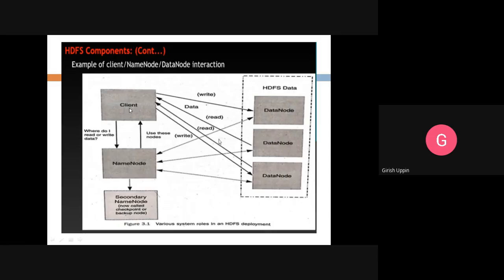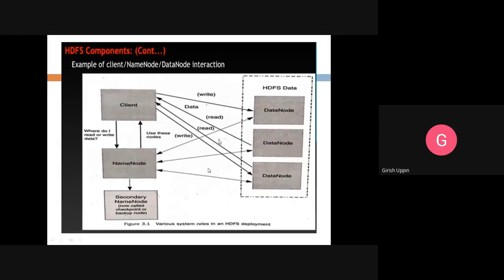You can see here the client is doing the write operation on the first data node, the read operation on the second data node, and both read and write operations on the third data node. Once this operation and replication are complete, it will intimate the client, and the client will intimate the name node that the replication is complete.